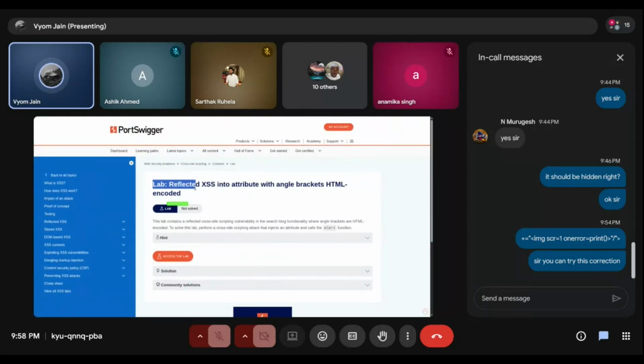What is the next lab saying? Reflected XSS into attribute with angle brackets HTML-encoded. We should access this lab. You can see the new lab page. This is reflected XSS where the angle brackets are blocked. Okay, if we try